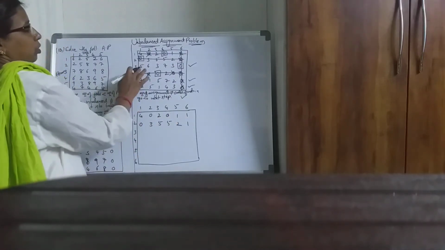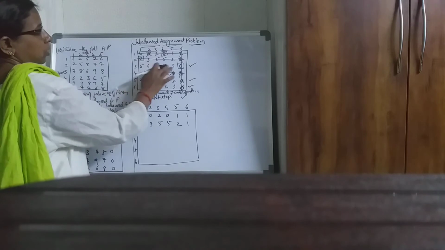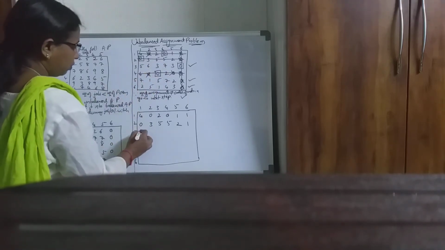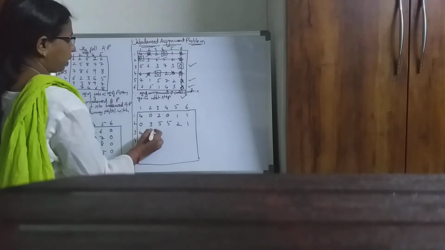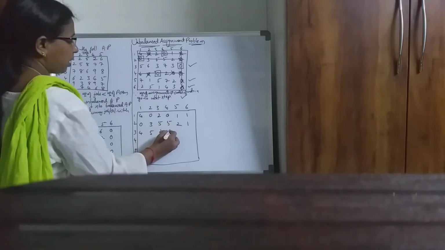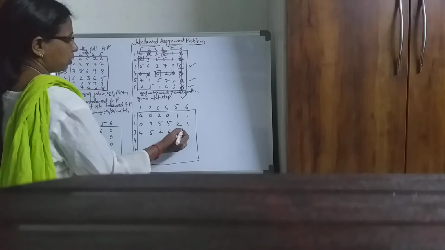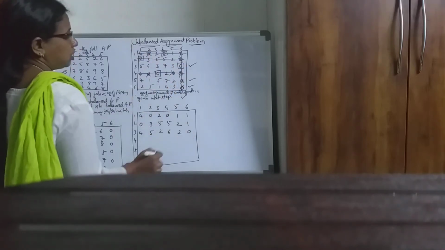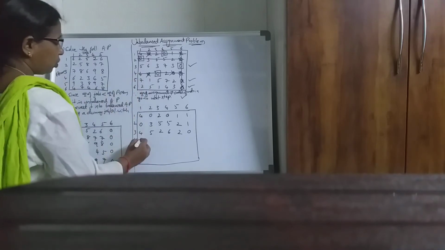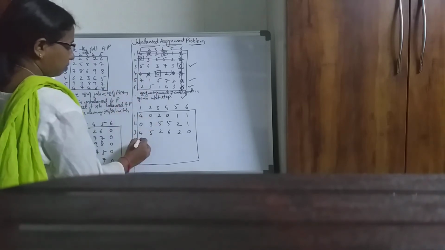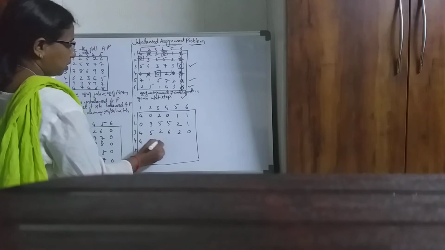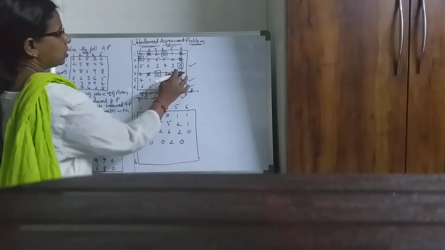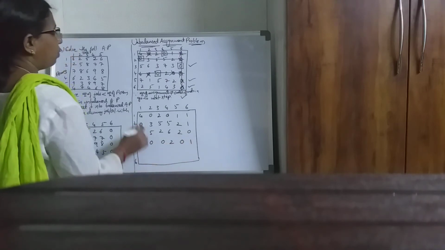Now third row you don't have any line passing through these numbers. So you have to subtract 1 from this. So 5 minus 1, 4. 6 minus 1, 5. 3 minus 1, 2. 7 minus 1, 6. 3 minus 1, 2. Now here 0 has only 1 line passing through it, so write as it is. Similarly fourth row, 1 line passing through them, write numbers as it is. So 4, 0, 0, 2, 0. And here 0 has 2 lines. So 0 plus 1 will be 1.